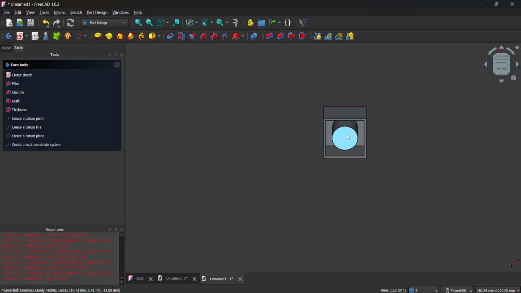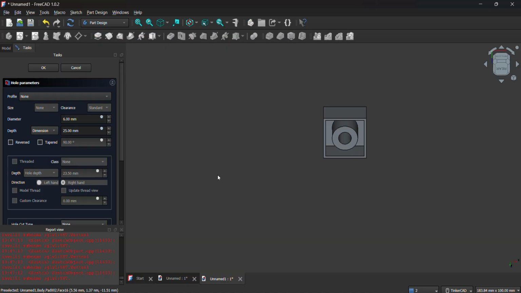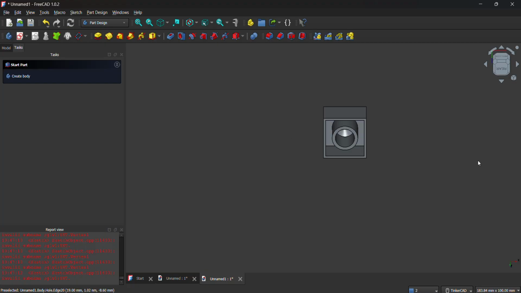In this plane, we can create a hole. See? Okay, and it's a 6 mm hole. If it's a 6 mm, the solid cylinder there cannot insert here because it's smaller. So let's make it 9 millimeter. And of course, the depth should not be 25 because the thickness of this box is only 10. So it must only be 9 millimeters. So again, the depth is 9. The diameter is also 9. Okay, we have now a hole.